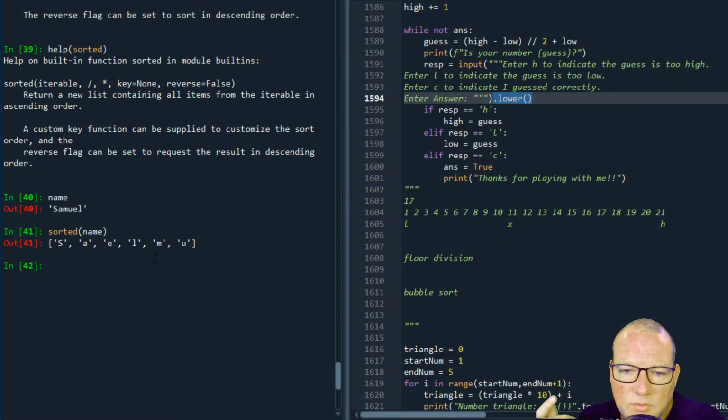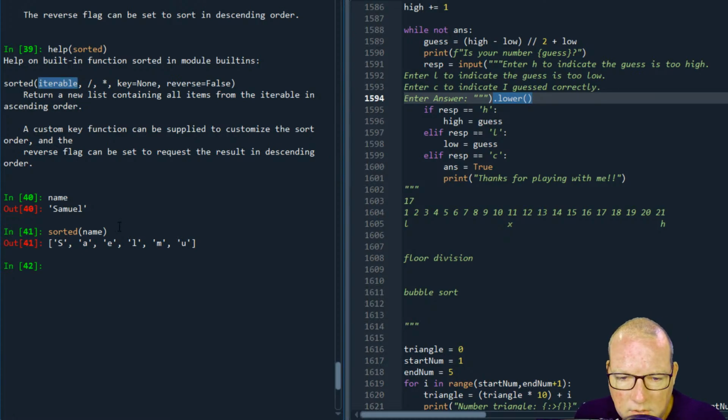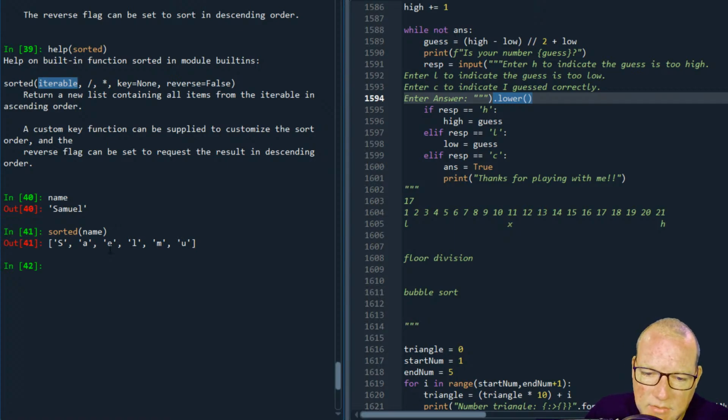This is why being aware of how things work, and I can't say that enough, is vital. So I did not pass in a list. It says iterable. A string is an iterable. You can iterate through it. So if I can move through it with a for keyword, it is an iterable, and I can pass it into sorted.